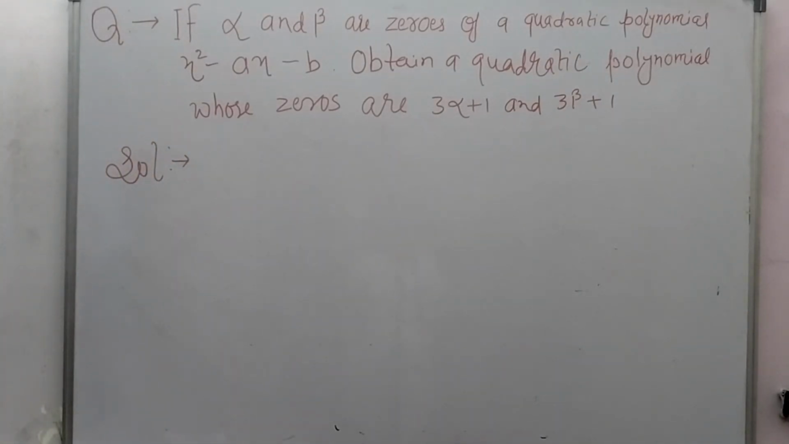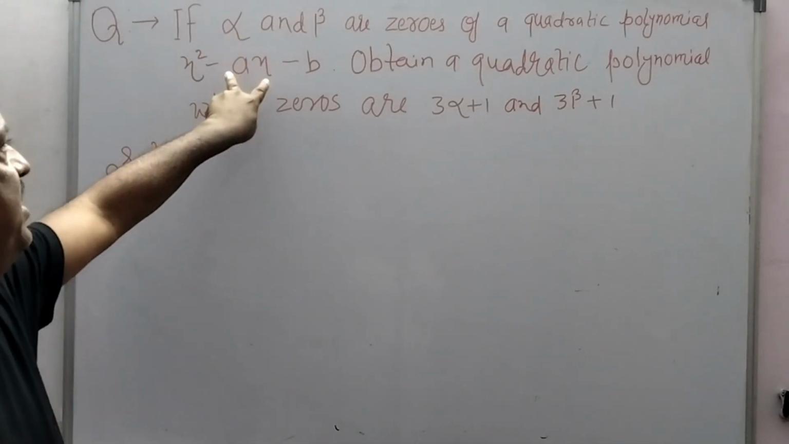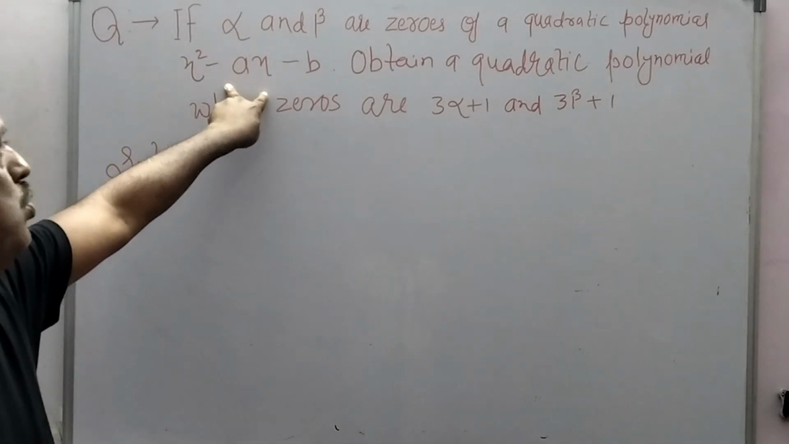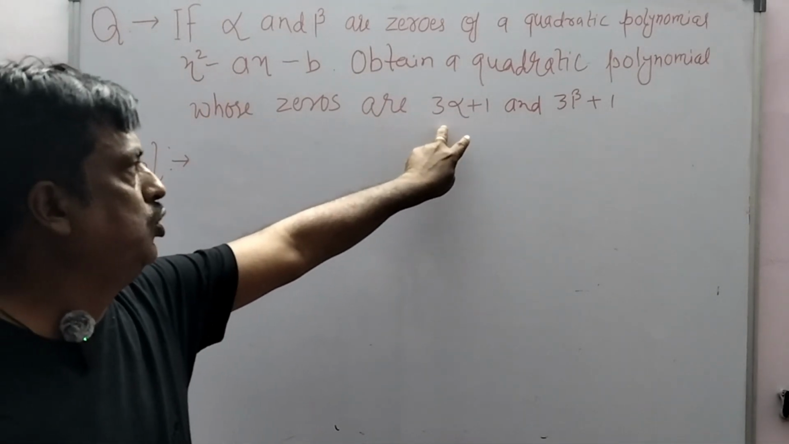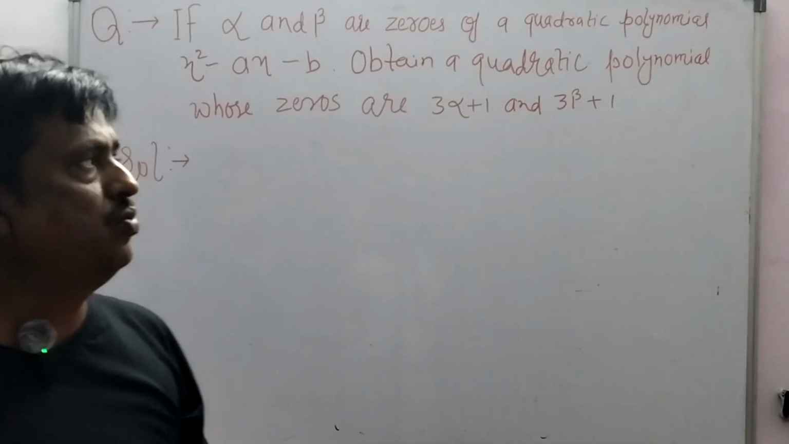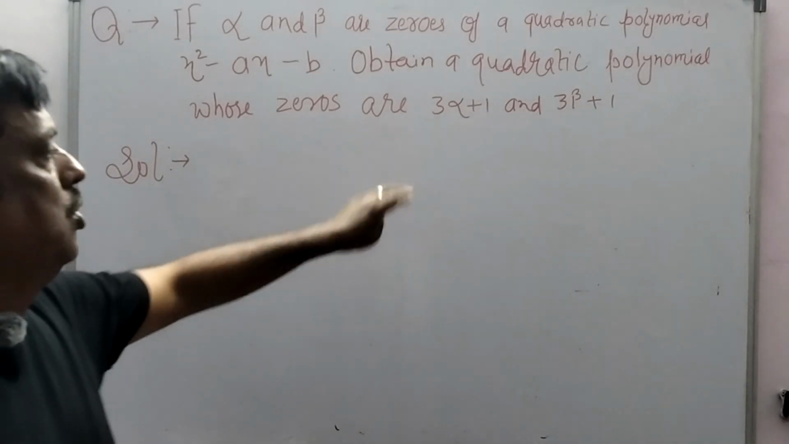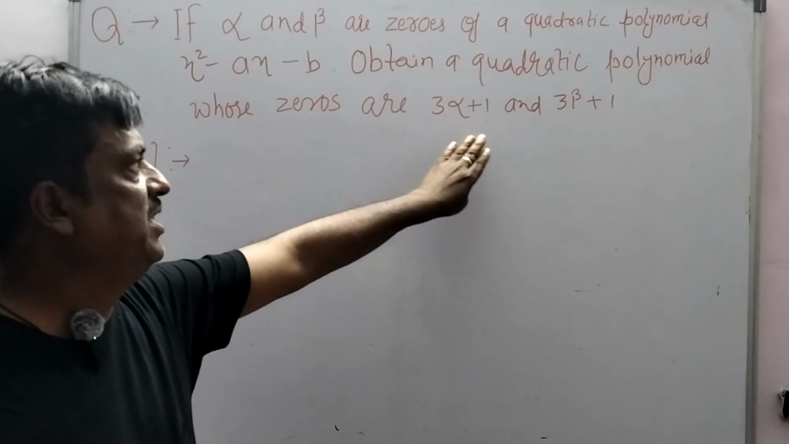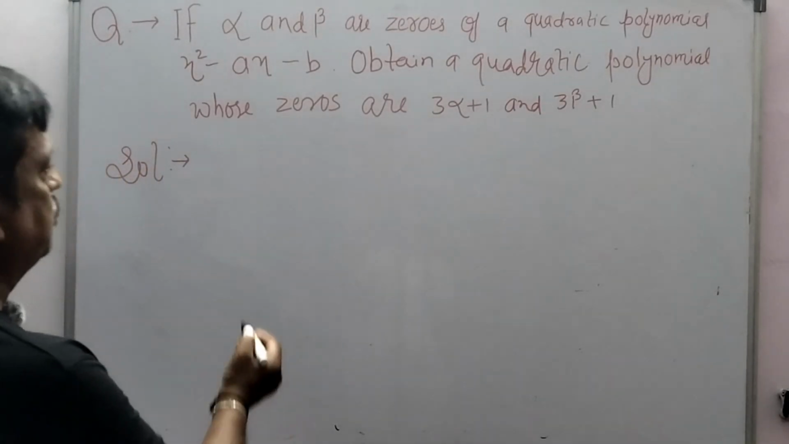Once again, the question says alpha and beta are the roots of this quadratic polynomial, and we have to obtain a quadratic polynomial whose roots are 3 alpha plus 1 and 3 beta plus 1. Let us see how we can form a new quadratic polynomial with these roots. So first of all we should know